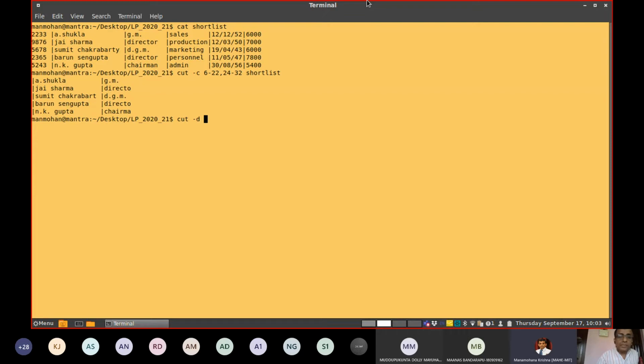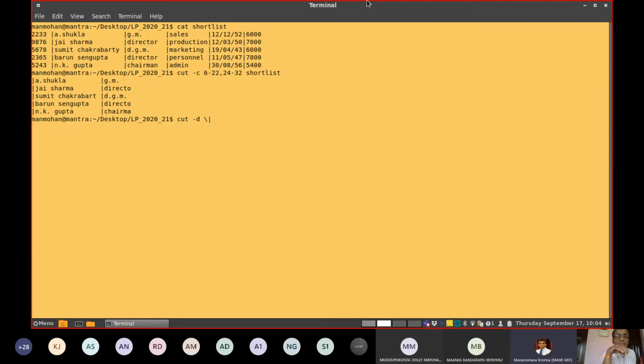Then you need to specify what the delimiter is. If I use this command directly, it is a pipe command. To change that meaning, we use another character to indicate that this is not a pipe command. Write a slash and then write that delimiter. If you use some other delimiter like star, you can write star.